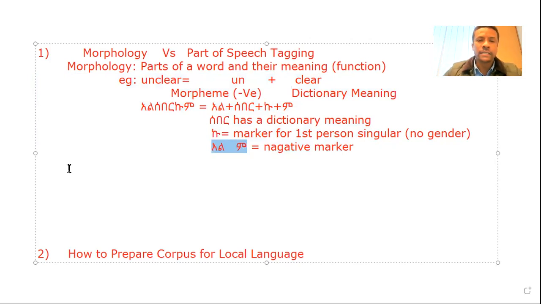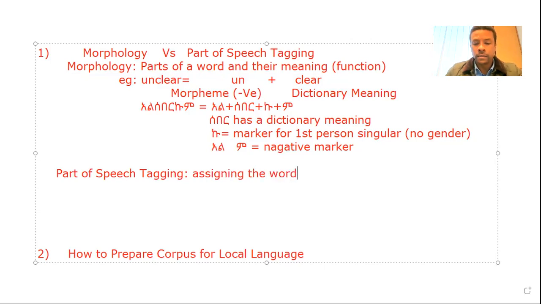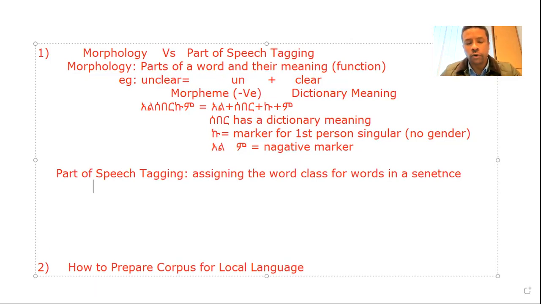In the other case, if you see part of speech tagging, okay, part of speech tagging is the action of assigning the word class for words in a sentence, okay? In a sentence, whenever you assign the word class for every word, that's what we call part of speech tagging. So for instance, if you have words like, the